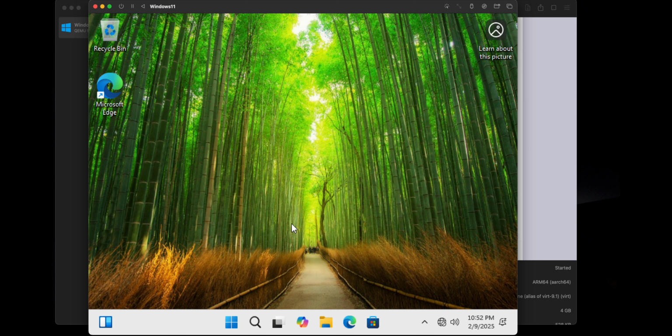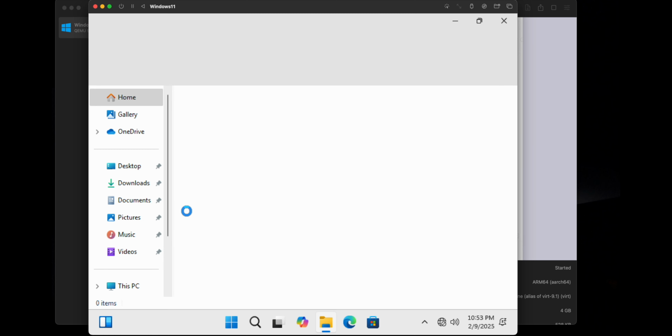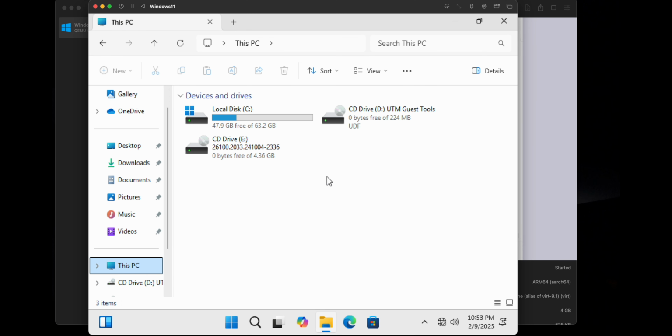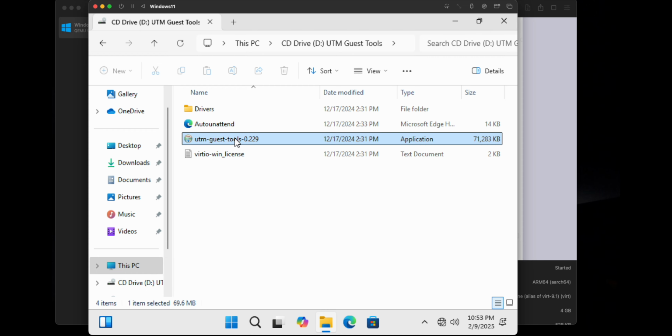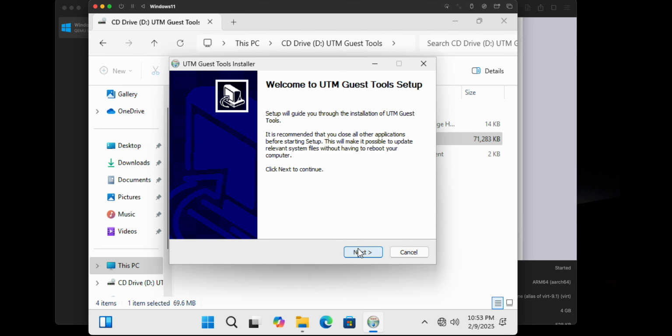Once the installation is completed, you need to wait for a few more minutes and it will automatically pop up an installation prompt to install all the required drivers and everything. But just in case it does not, you can manually go to your computer and you will see a drive here where you can find all the required drivers. So just double click on this, click next,